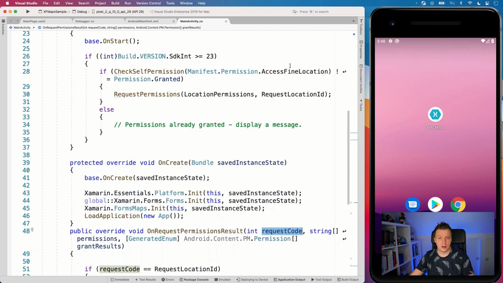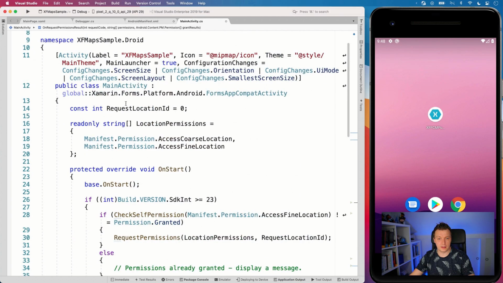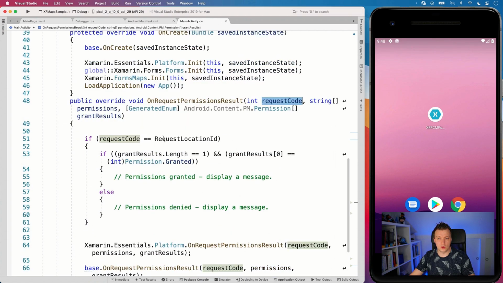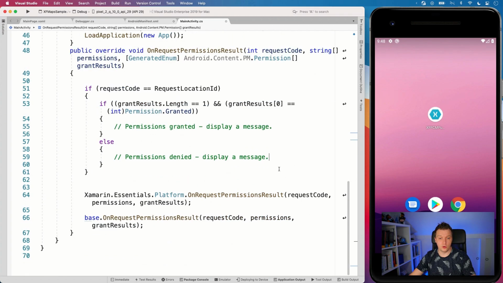So this is the thing that we've seen here, right? That request location ID that is used here. So this request code, is that our request location ID? If it is, then we know that this is the permission that we are actually asking to the user. And then we're going to see, is it granted, yes or no? If it's granted, then all is good. If not, then you want to display a message like, hey, you denied the permissions that we're actually using,